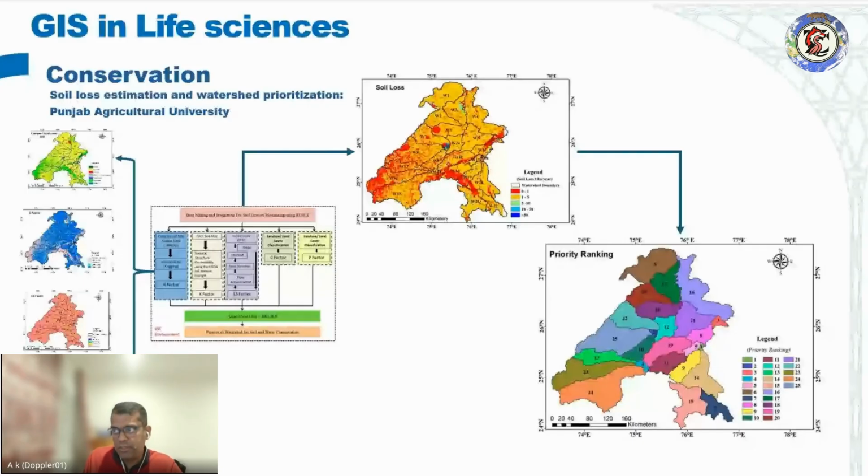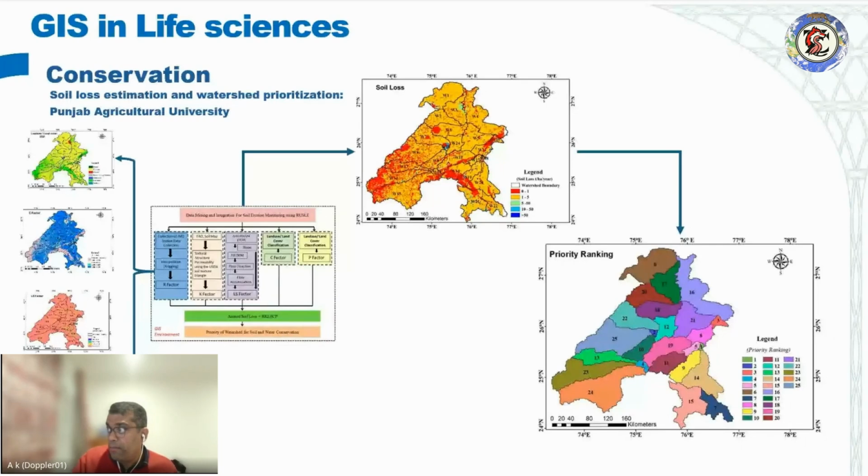One of them was the GIS, and they ran some analysis to come up with the soil loss estimation map,